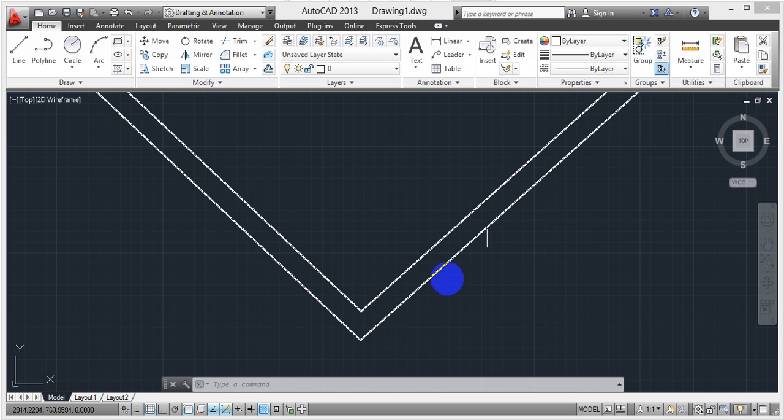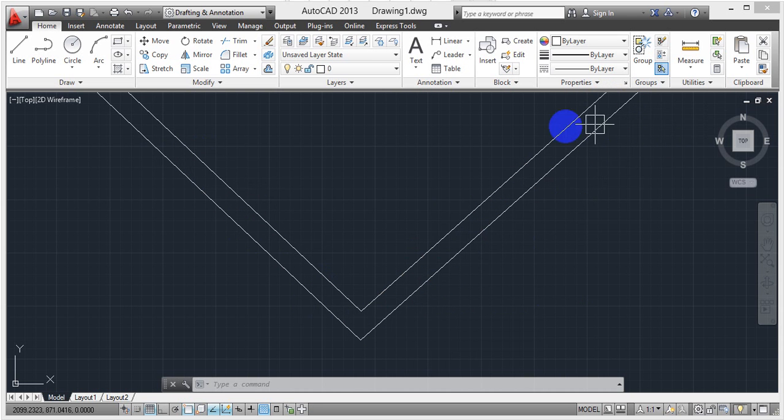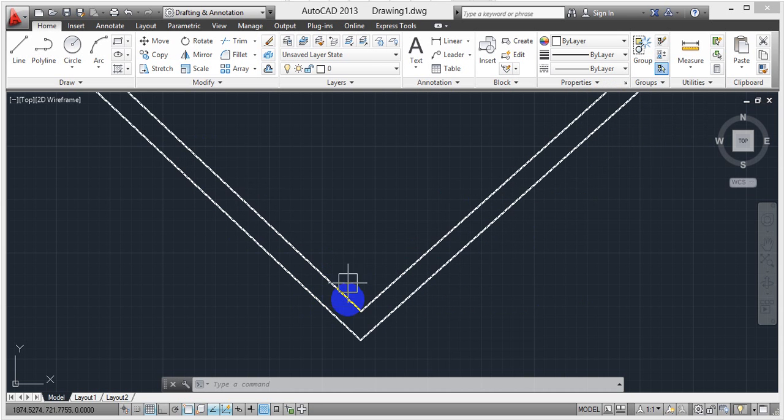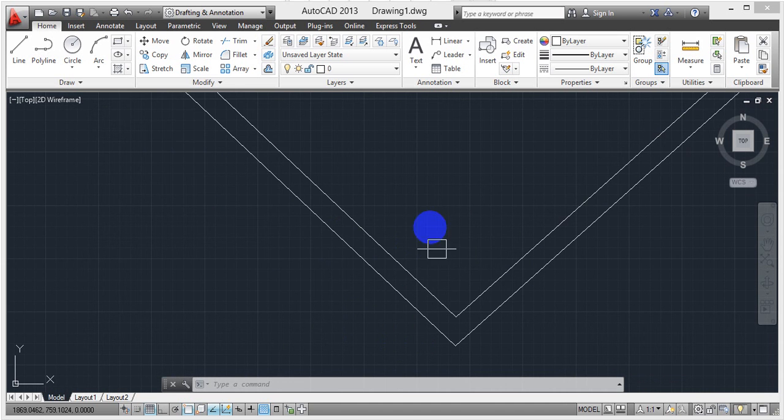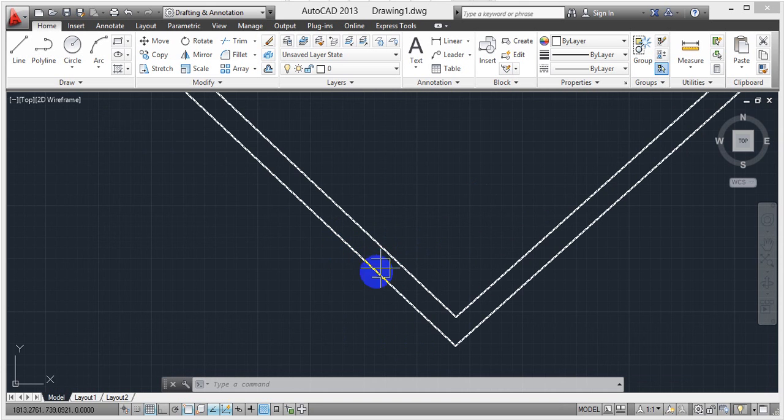Electricity, plumbing, creating walls, creating boundaries, etc. Everything we will use in multi-line. So in multi-line the default will be two lines only, but we can change. We can change the number of lines and we can change the distance between the lines also, between the first line and second line.